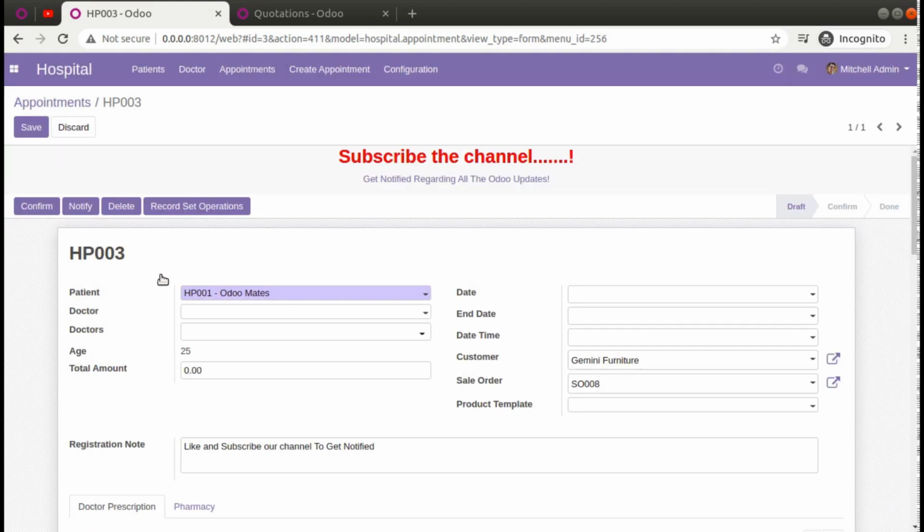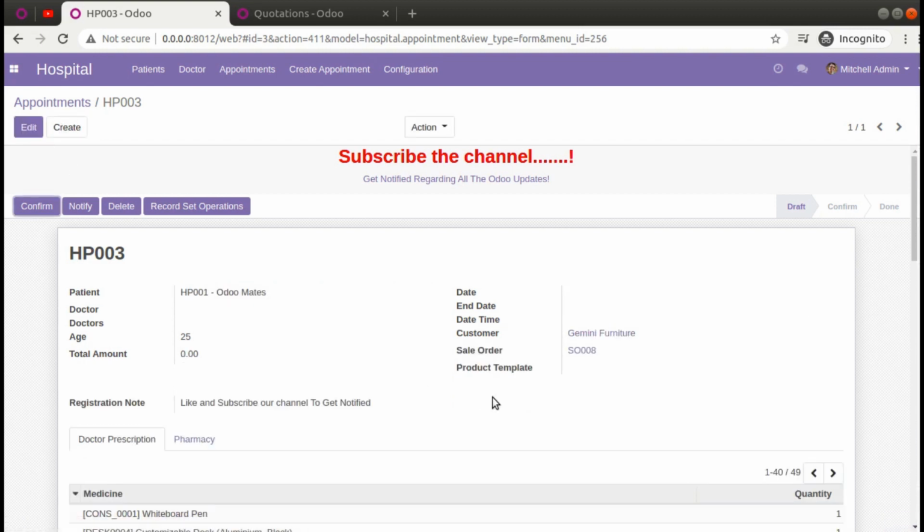So this is the issue with this method of returning domain inside onchange. The domain will be lost even if we refresh or go back to some other screens and come back. It will be limited to that context only. So this is an issue with this method, and this method has been deprecated in Odoo version 14.